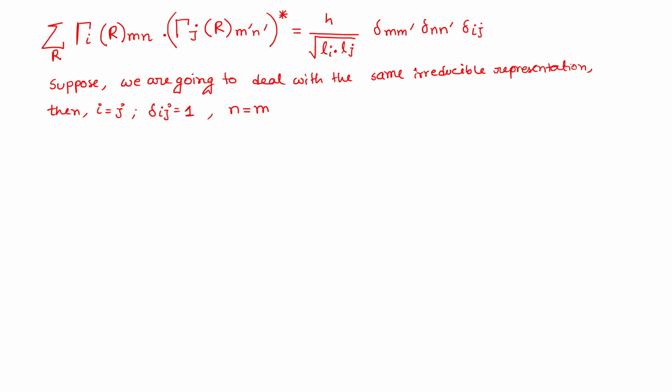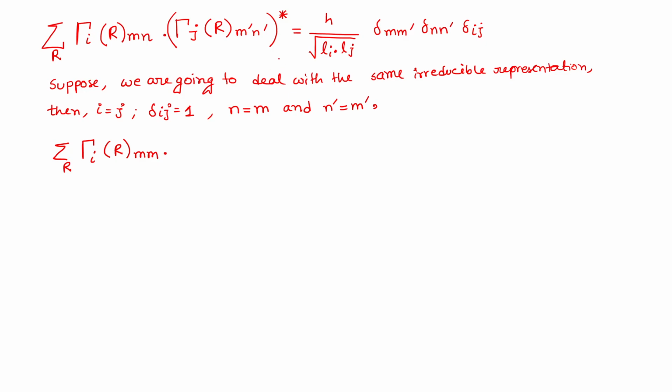Now we have already fixed that we are going to deal with the same irreducible representation. That is why i and j are equal. Now I am going to take only the diagonal elements. In the case of diagonal elements, what is going to happen? m is going to be the same as n. So that is what I am trying to say: n equals m and n' equals m'. For this particular case, we are going to get the sum over R of gamma i R mm